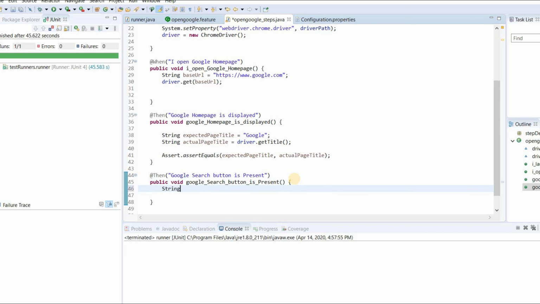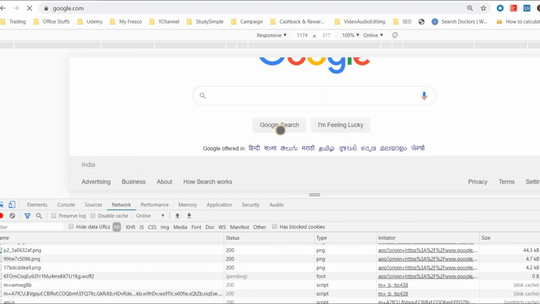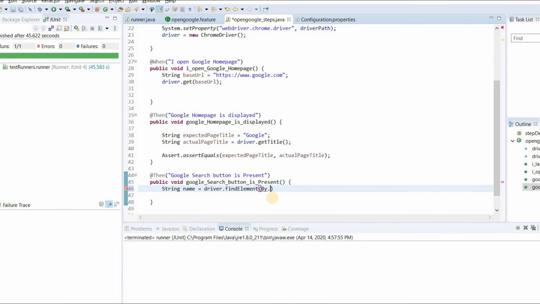We will capture the name: string name equals driver dot find element, and we will find by dot, and we will inspect the element and check whether this search button name is present or not. That is Google search. Okay, so we will take the value of this name. So we will first take this one as a locator and we will use name.